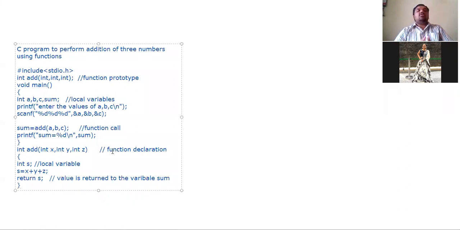So this is the code for performing addition of 3 numbers using functions. Understand? How a function prototype has to be written, local variables, global variables, function call, function declaration, importance of return. I hope 90% of the doubts have been cleared.